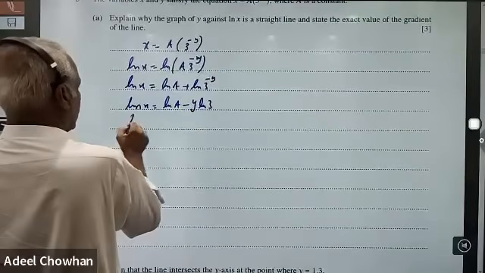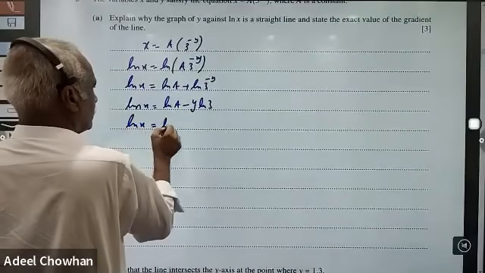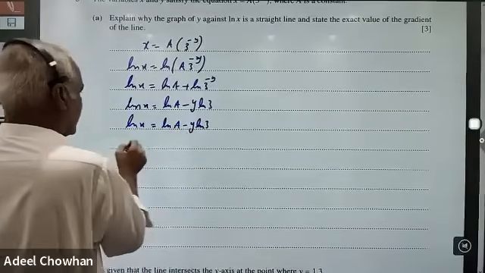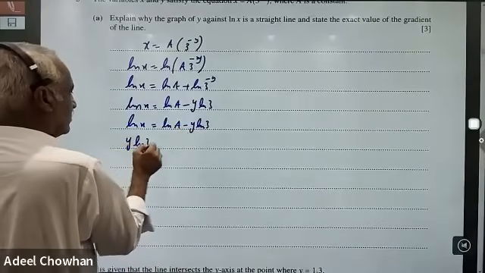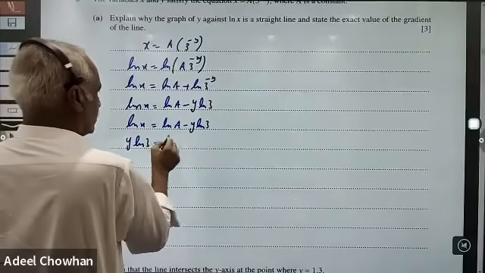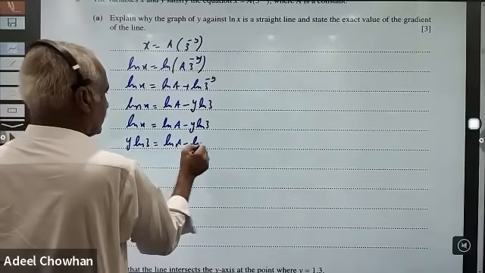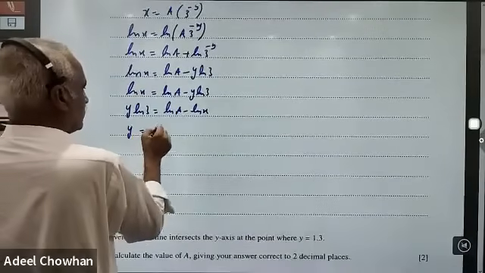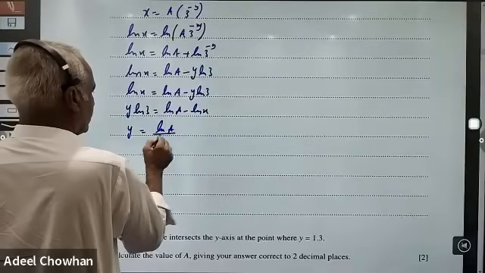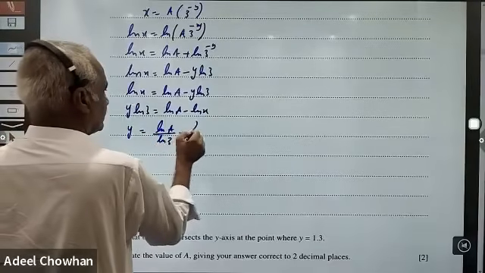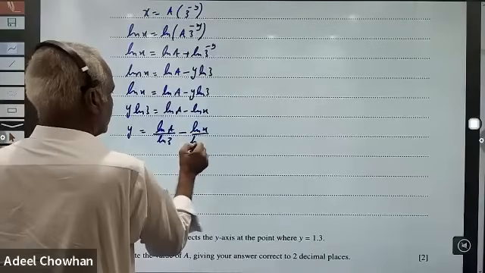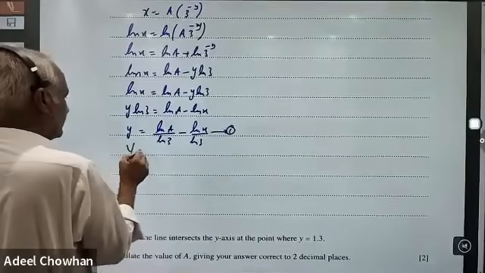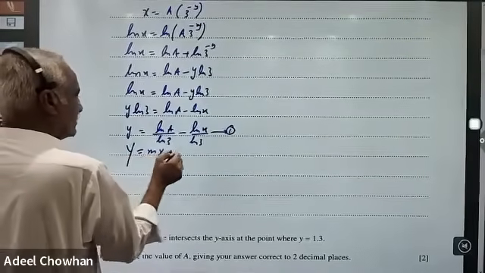Or y log of 3 is equal to log of a minus log of x, or y is equal to log of a over log of 3 minus log of x over log of 3. We know the standard equation of a straight line is y is equal to mx plus c,